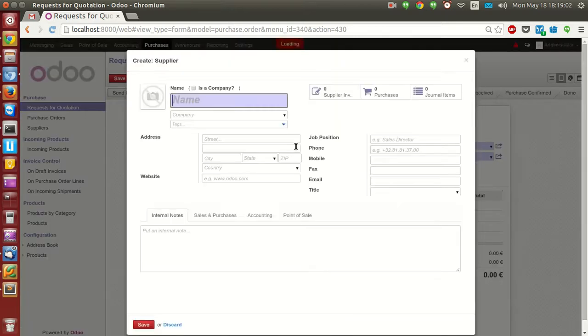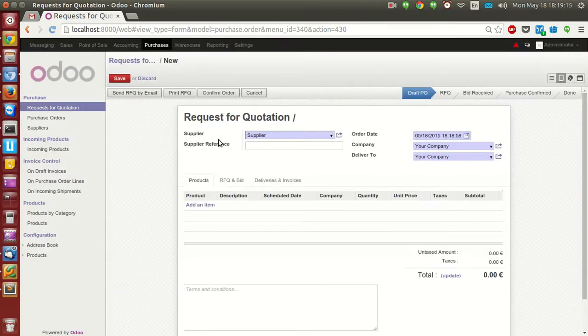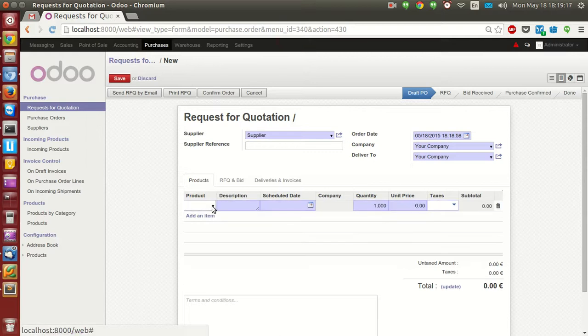So I'm going to create one supplier first. I can give any name to this supplier. Okay, and I'm just going to save it for now. It's our supplier. I'm going to add bread bag. I'm going to set a quantity of 1000. The unit price it fetches already from the cost price,